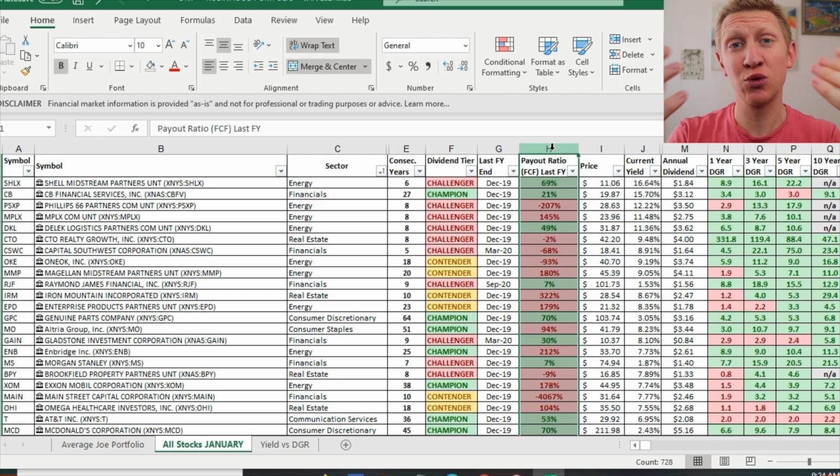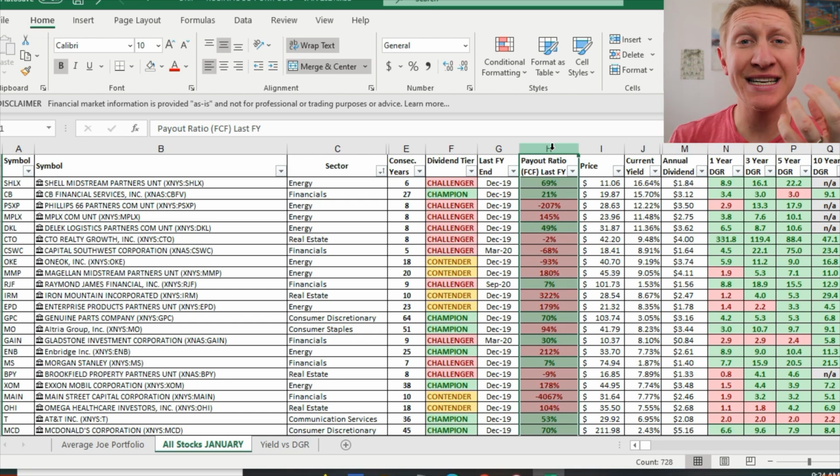We want it to come from actual recurring cash coming into the business. So it takes the dividends paid divided by the free cash flow to get a number here. This percentage I want to be less than or equal to 75% generally. I'm willing to go above 75% for long-term, very stable companies. Think companies like Coca-Cola and Pepsi and Procter & Gamble. I like to keep it below 75% on the payout ratio, but if I can get a stable company that's got really stable earnings and a stable outlook, then I'm willing to go above 75%, but it's definitely the exception